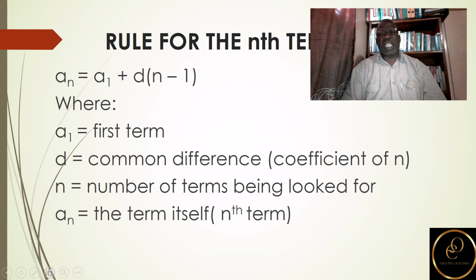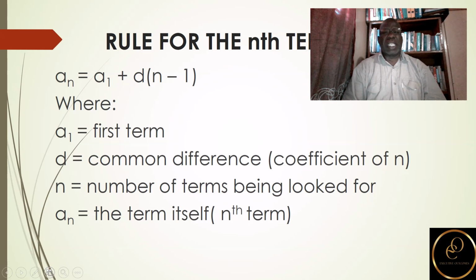We can determine that if we know the pattern, either it be arithmetic progression or geometric progression. We use a mathematical model that can assist us to determine what will be the number at the particular position